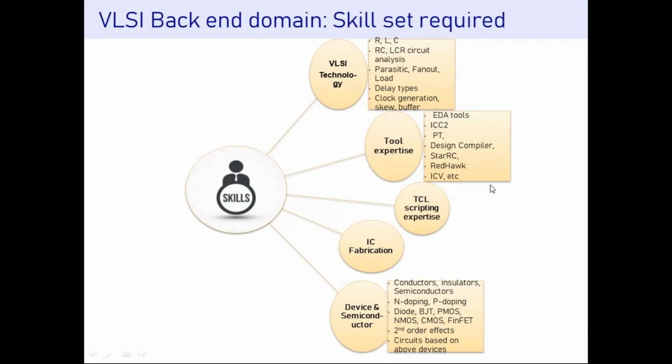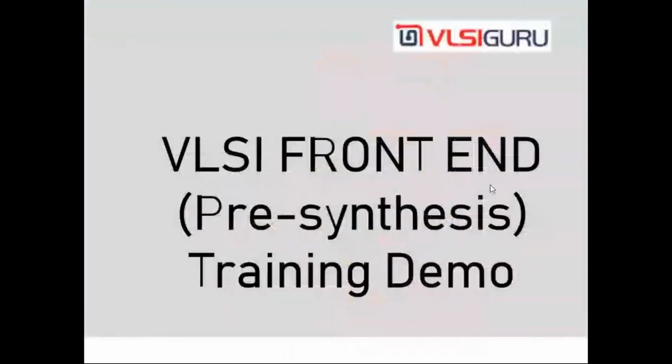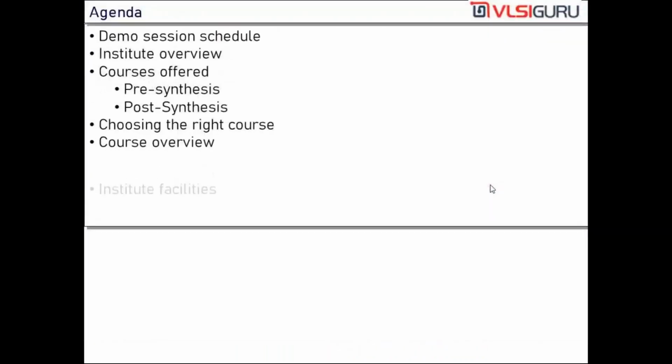Back-end domain at times involves a lot of working beyond the office hours. Sometimes people have to work late nights and all that. Front-end domain generally doesn't have that. If you regularly go to the job, work properly, you can finish the work in 9 to 6 kind of. Why is it so? The domain, the flow itself is such that